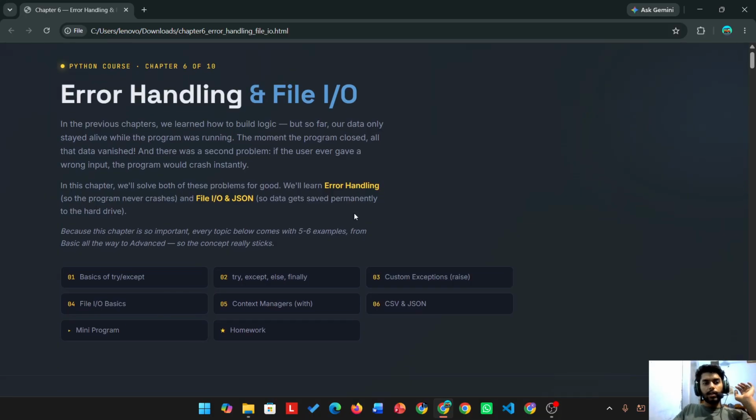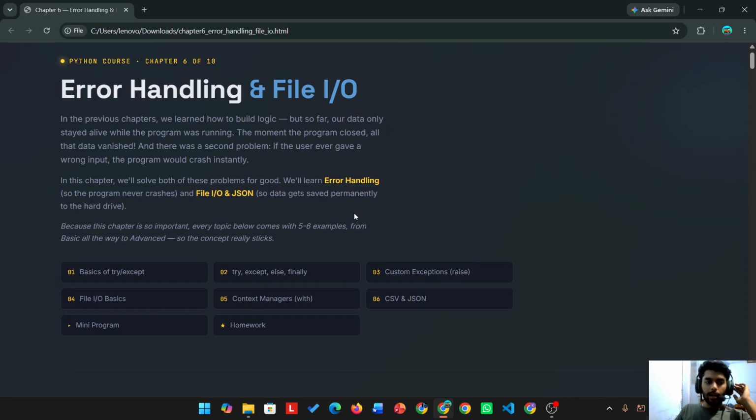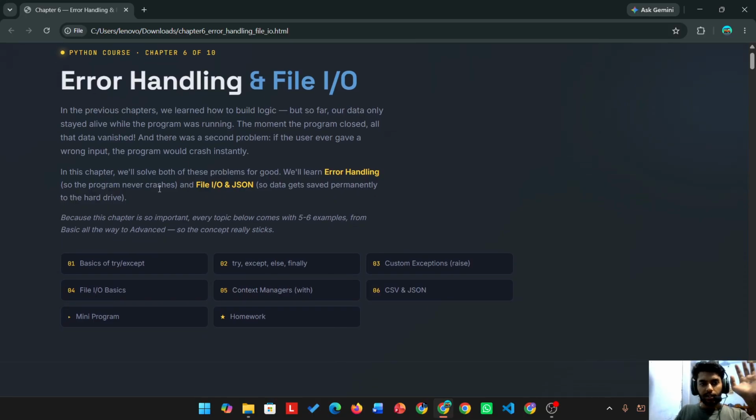In the previous chapter, we learned how to build logic, but so far our data only stayed alive while the program was running. The moment the program closed, all the data vanished. And there was a second problem: if the user ever gave a wrong input, the program would crash instantly. In this chapter, we will solve both of the problems for good. We will learn error handling so the program never crashes, and file input and JSON so data gets saved permanently